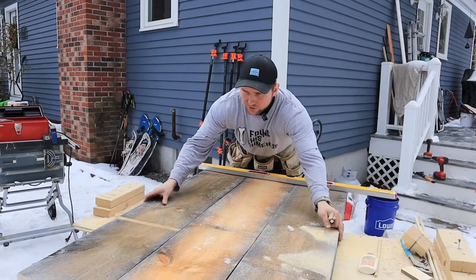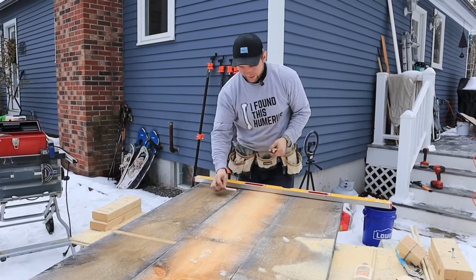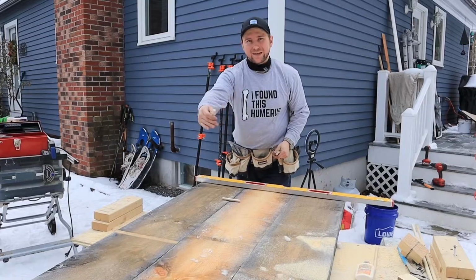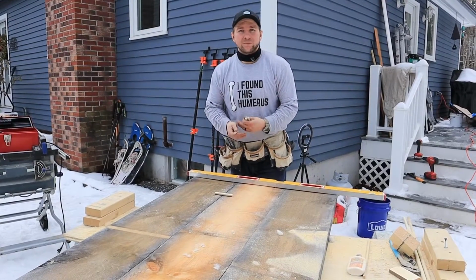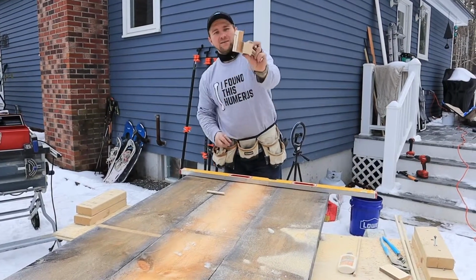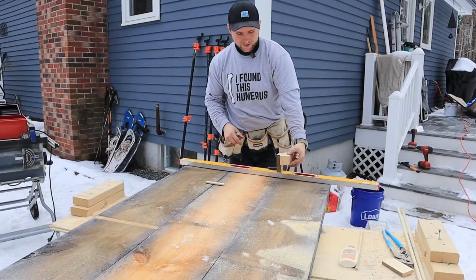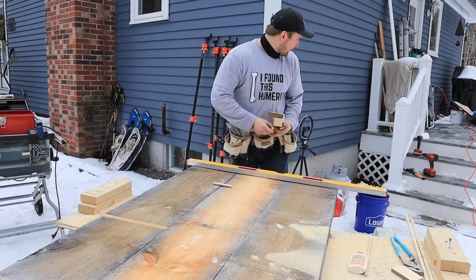So what we're going to do is put it together so it stays together forever, essentially, with these glue dowels. And we're going to do them every 10 inches. And that's everything that's going to be holding them together. And I made myself one of these little jigs right here. That's basically to make sure that we get the wooden dowels in the same place where they should be going. And then we'll be using